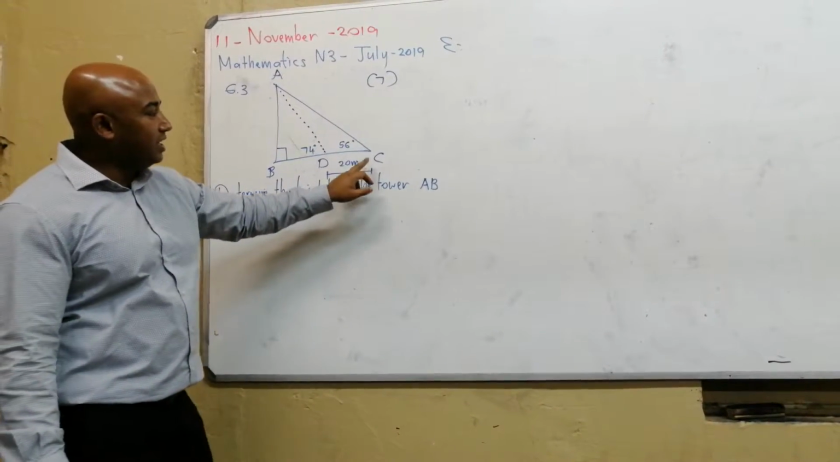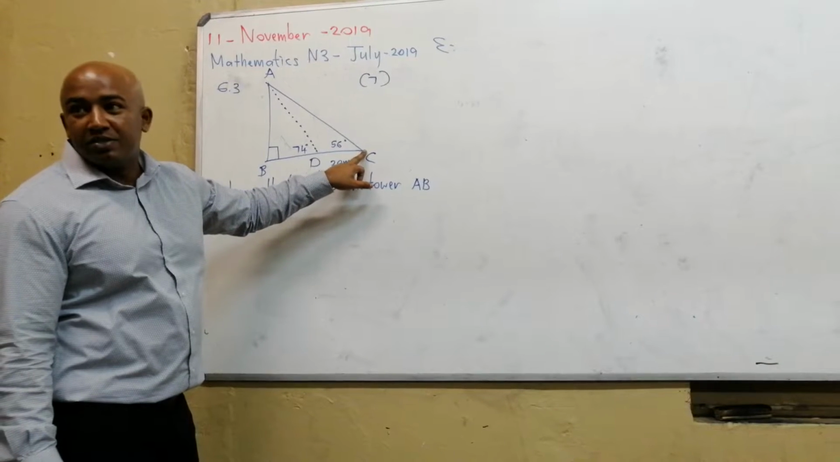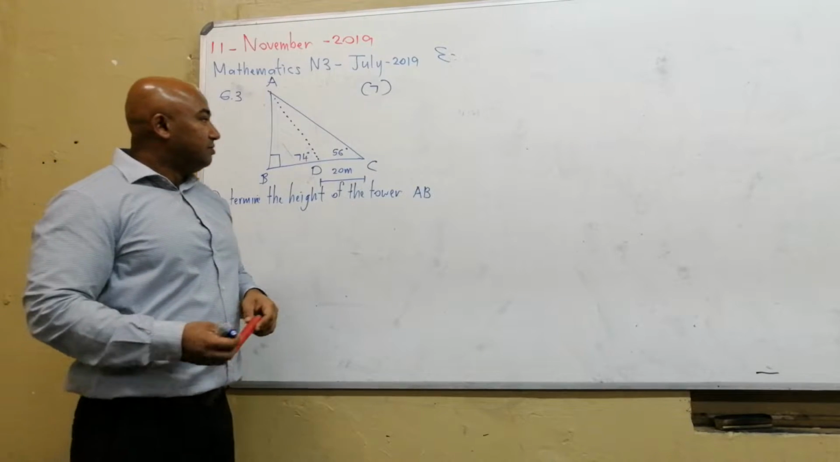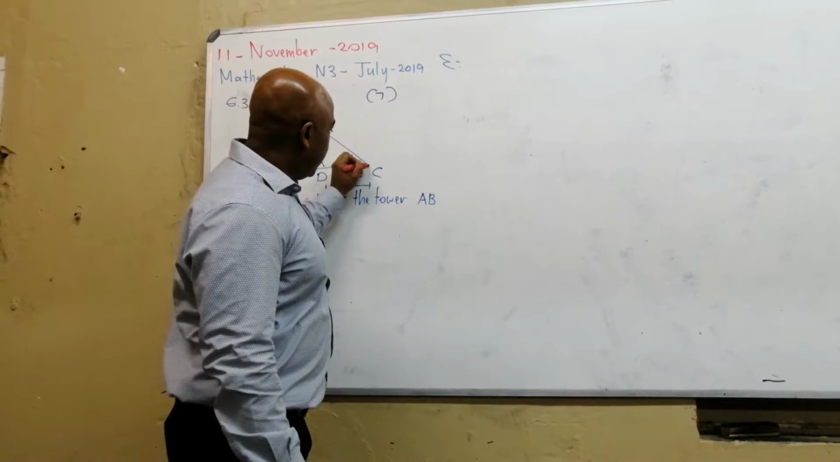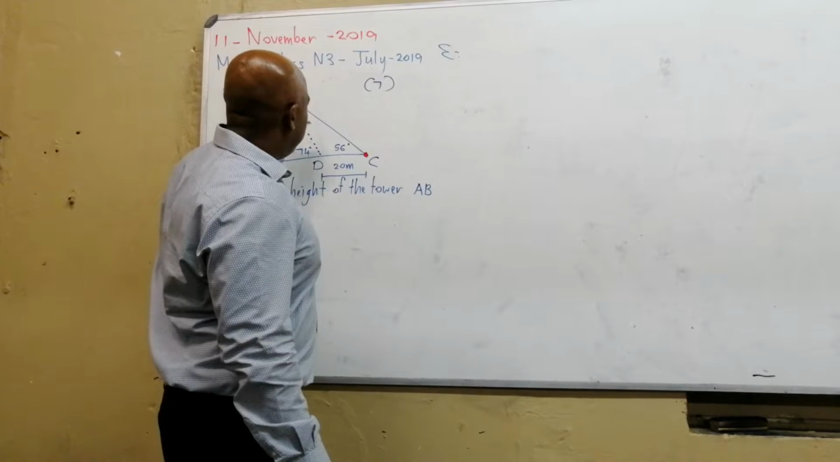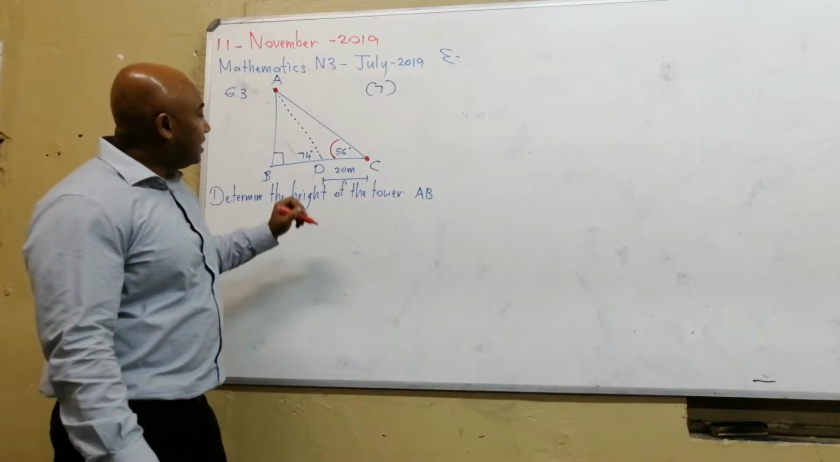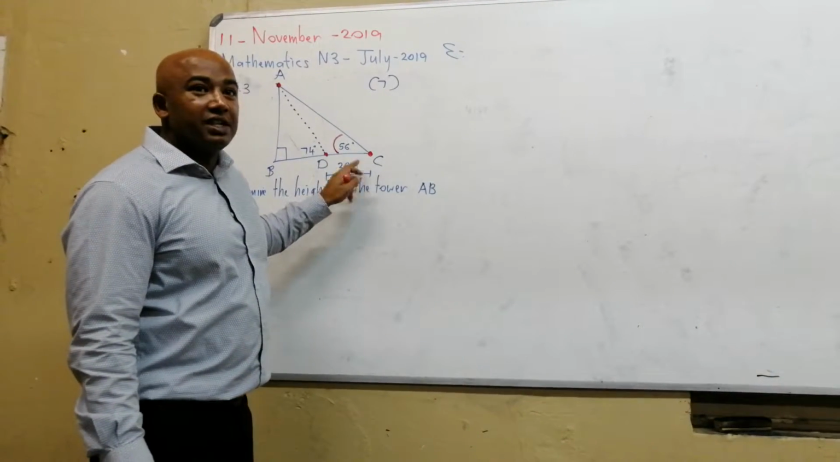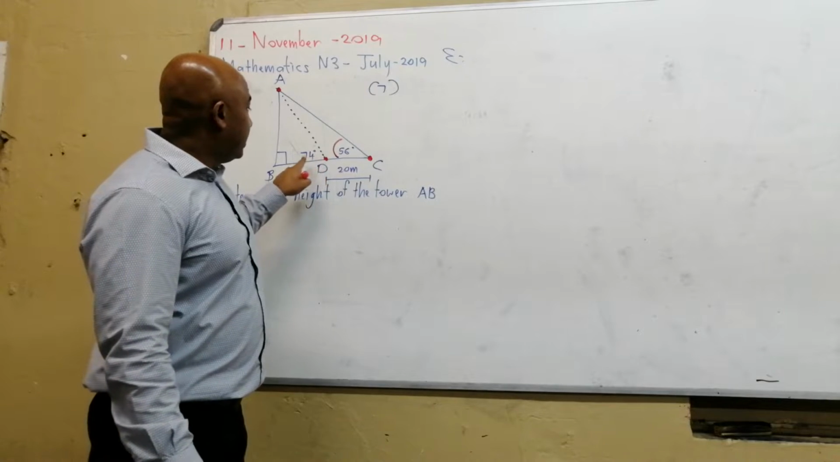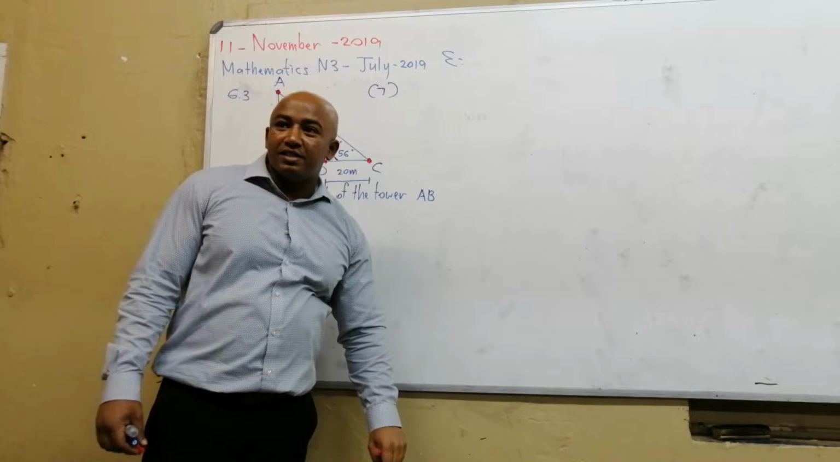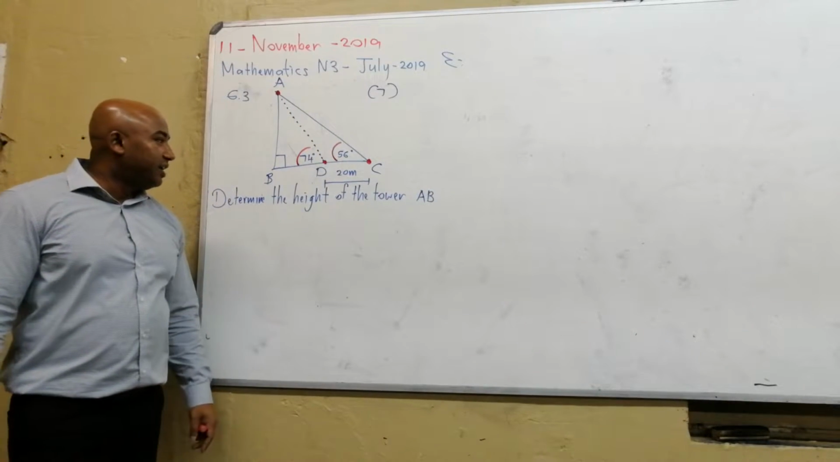Okay, the next one here, 6.3, you're given this diagram. There was a question about a person standing at point C. The surveyor wants to determine the height of tower AB, and you are told the angle of elevation from where the person is standing to the top of the tower is 56 degrees, and from another position 20 meters away from this point, the angle of elevation to the top of the tower is 74 degrees. We need to find the height